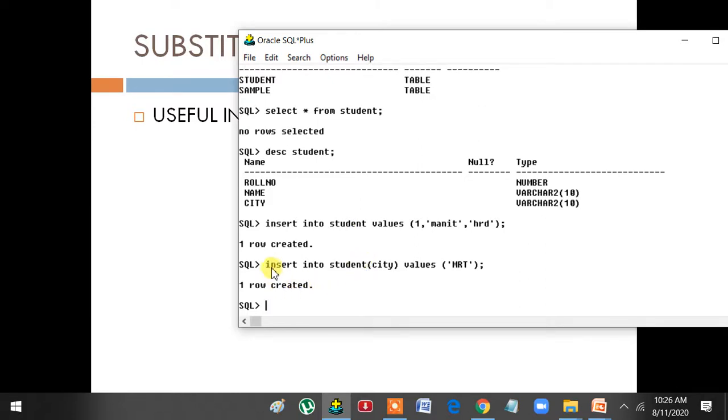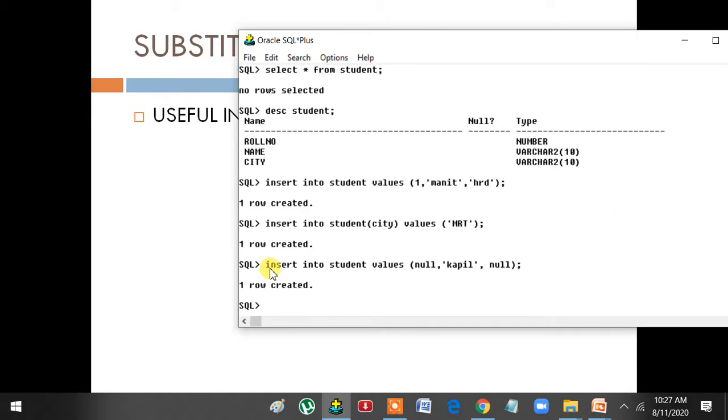Next method was, for the value which you don't have, give null in that case. Like insert into student values. Suppose I have only name. So what I will type: null, comma, Kapil, comma, null.